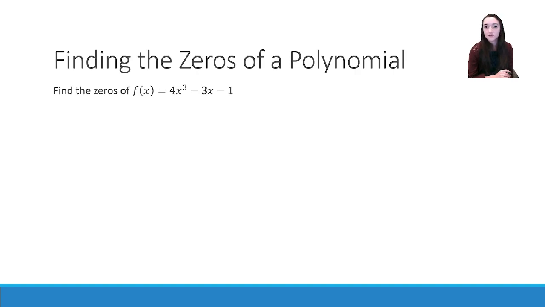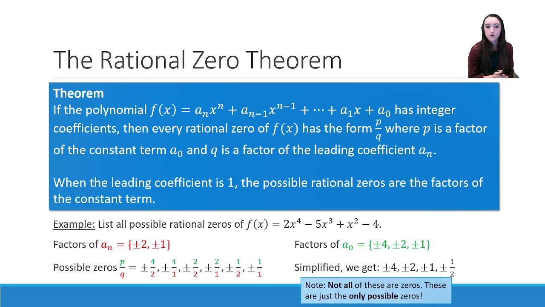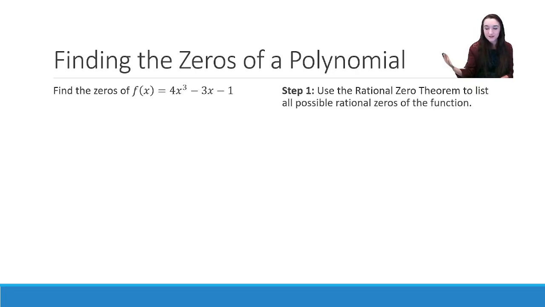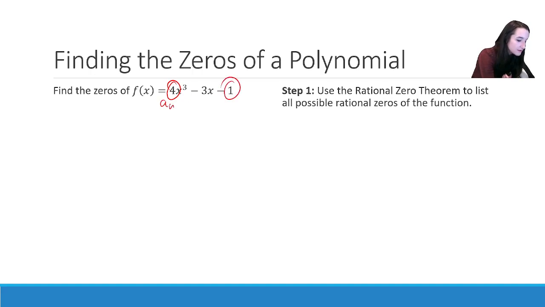Well, here it's a little bit of a deeper problem. Before, we were just looking for all possible zeros. Now we actually need to identify which ones are the actual zeros. So step 1, we can list out all possible zeros. So we use the rational zero theorem to list all possible rational zeros of the function. So that's going to be positive and negative 1, positive negative 1/2, and positive negative 1/4, because we have our an equals 4, our a0 equals 1, so we just want what are the